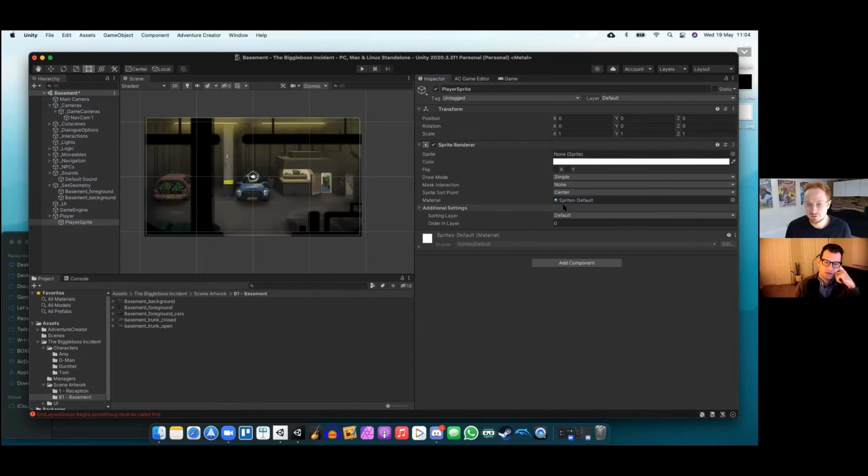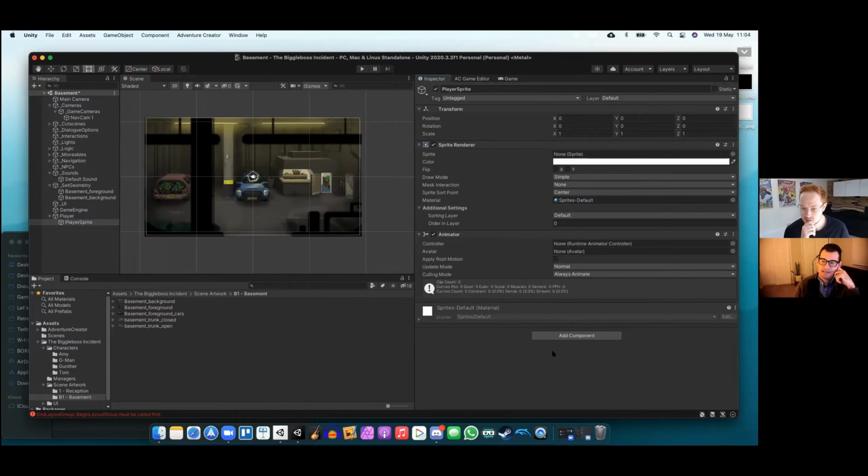Sprite renderer. Yep. Very good. And then under that, you want to add an animator component, which will allow us to animate the sprite. And then under that, we need to add... So both of those things are Unity specific. We already added audio source, circle collider, rigid body 2D. That's all Unity. The only thing we've added so far that is AC specific is that player script that we